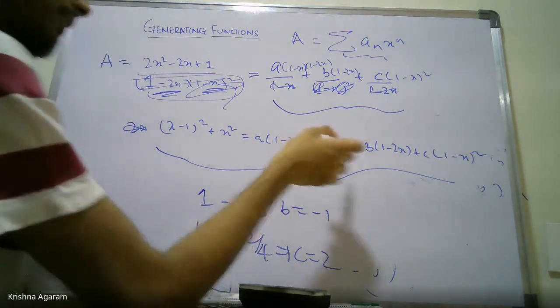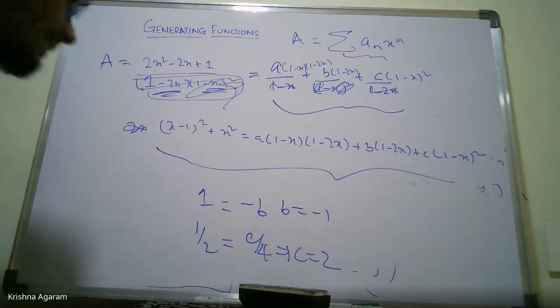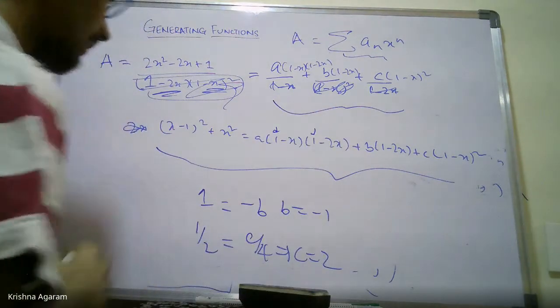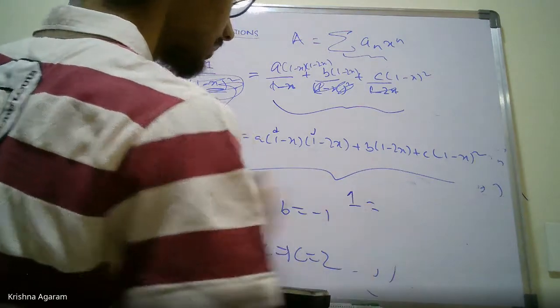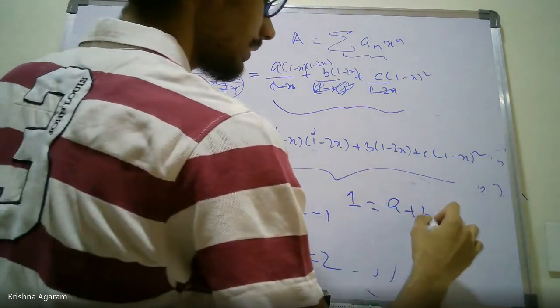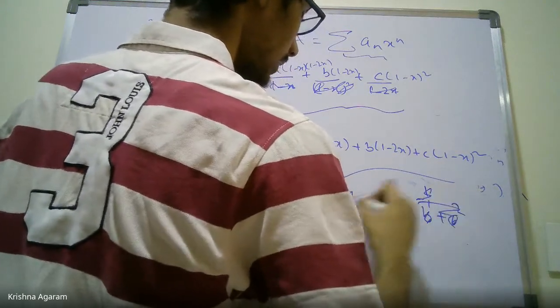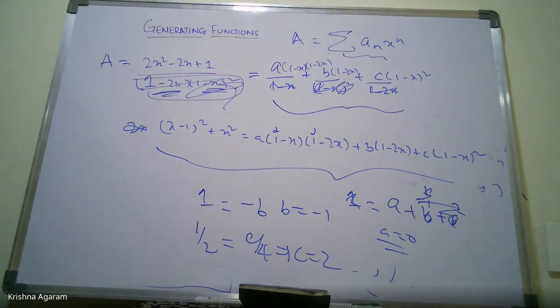Now A, whatever you put, it will keep getting cancelled. You don't want too much cancellation. One great strategy, just put x equals 0 so that only these constants come there. So x is 0, meaning 0. So this is just 1 equals A plus B plus C. C is 2, B is minus 1, so this is just 1. So A equals 0. So done. This is basically how you get the partial fraction.